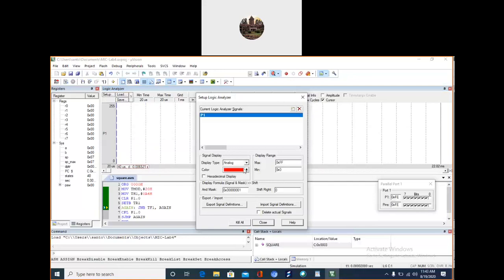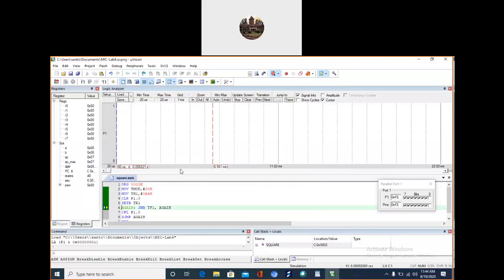I will give it red color, analog. और एक सेटिंग रहता है डिस्प्ले टाइप, तो बिट करने का है, एनालॉग नहीं. राइट. All other settings same. I will close it.